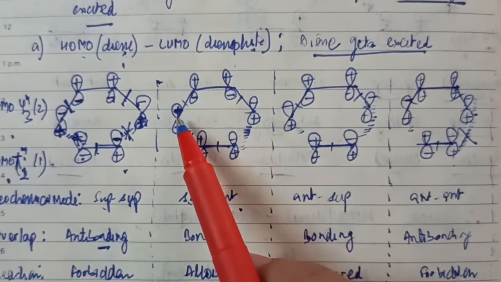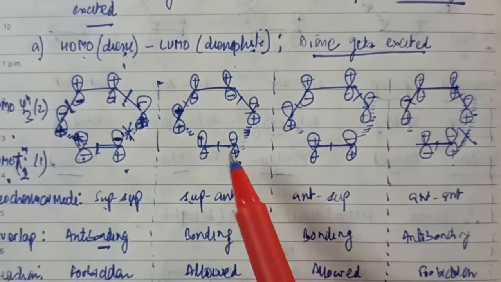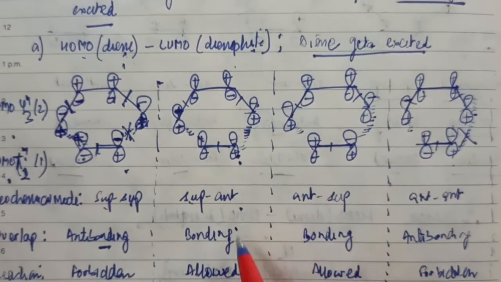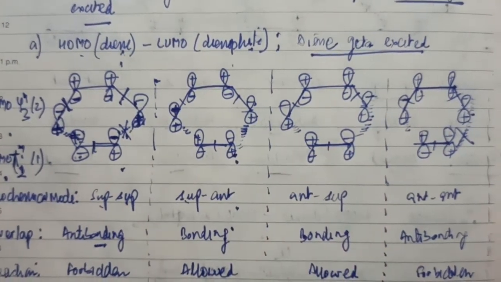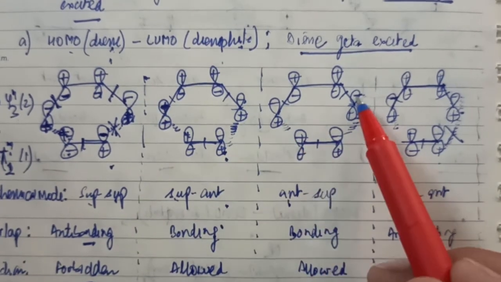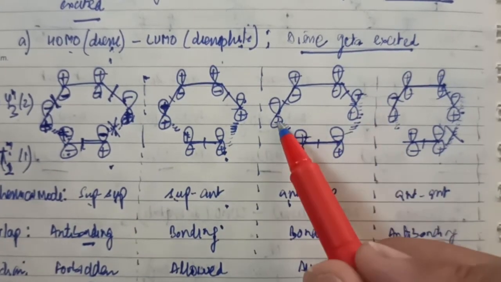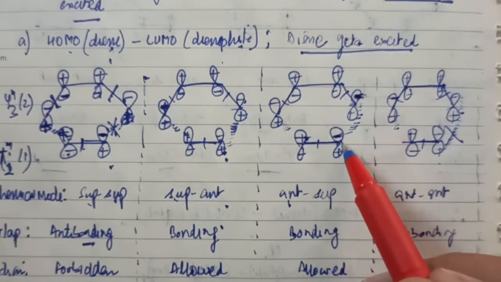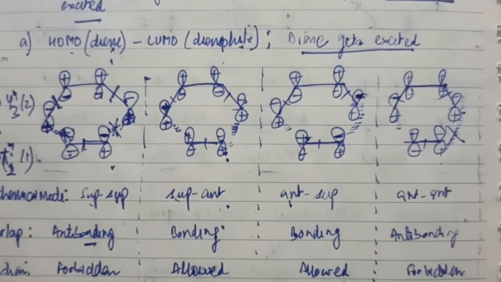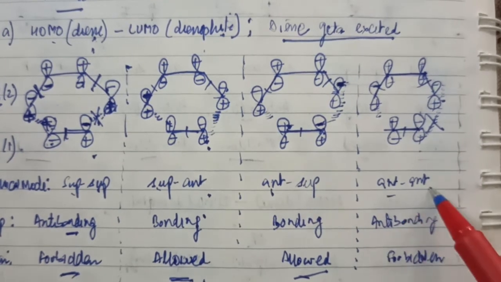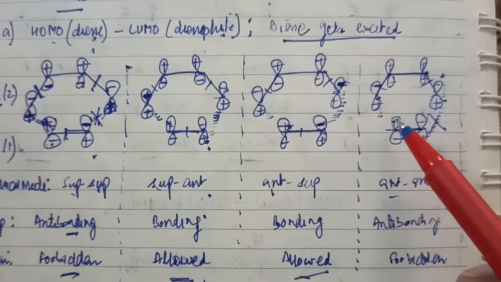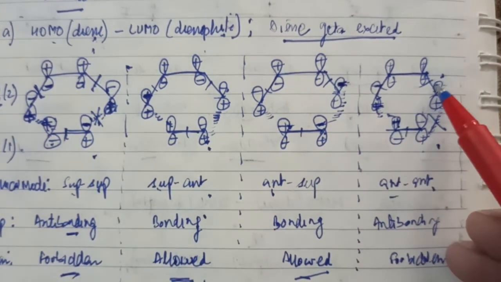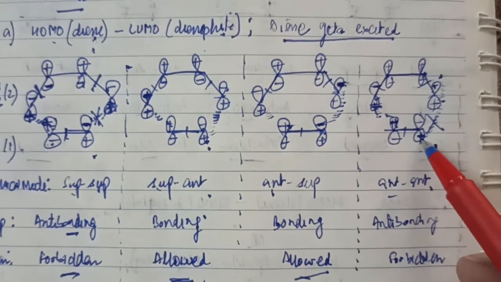Supra and antara, supra on diene and antarafacial on dienophile. Positive interacts with positive, positive interacts with positive, there is a bonding overlap, hence this process is allowed. And antarafacial on the diene and suprafacial on the dienophile. Positive interacts with positive, here this negative interacts with this negative, hence there is a bonding overlap, hence this process is allowed. And antara on the dienophile and antara on the diene, that means plus interacts with plus, here this minus interacts with plus, there is an anti-bonding overlap, hence